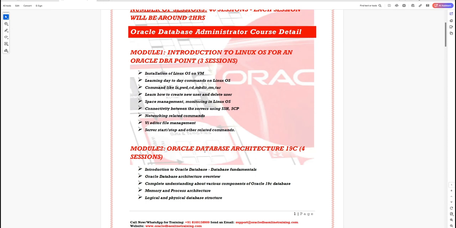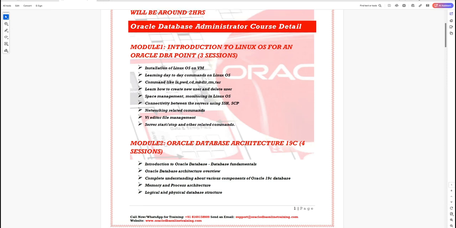There you will be learning about the commands. After that, we will be covering the Oracle database architecture and fundamentals of database. There we are going to cover almost all the aspects of database architecture for Oracle database, such as memory structure and process details. And in fact, you will also be getting complete end-to-end detail about the logical and physical database structure.